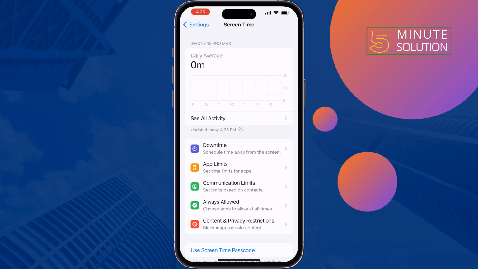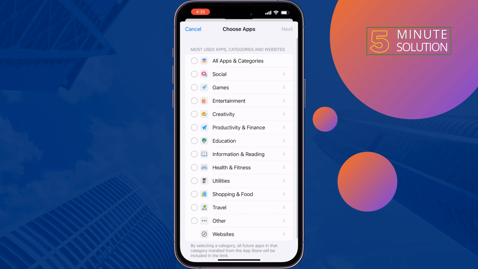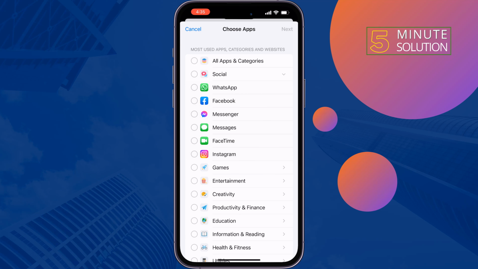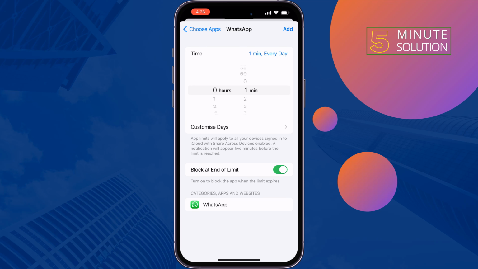Once done, tap on app limits, enable app limits, enter here your screen time passcode, tap on add limit, select a category and select the app you want to set time limits for and tap on next and select here time, tap on add,